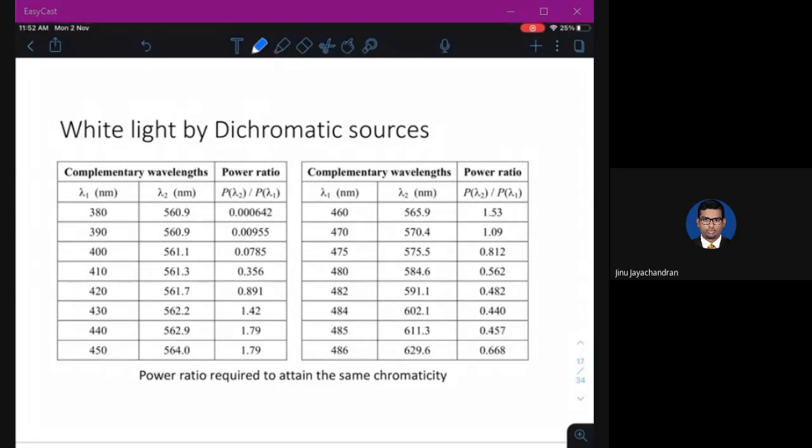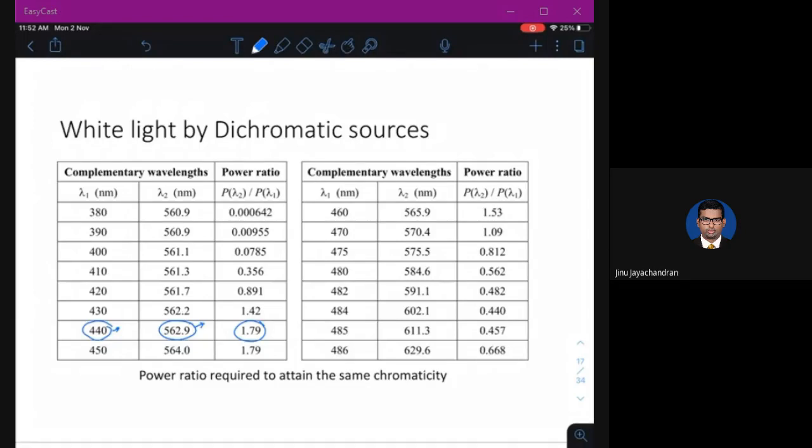For example, here, if you mix 440 nanometer and 562.9 nanometer, where the ratio of power of 562 nanometer to that of 440 nanometer is 1.79, then you will get a white light.